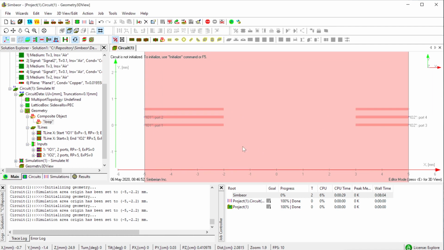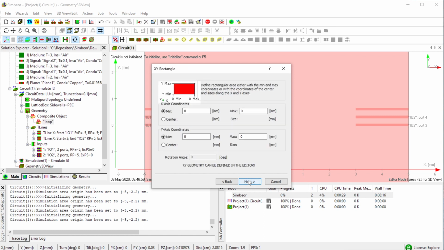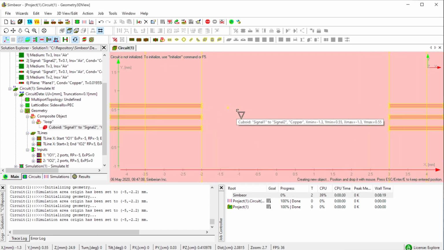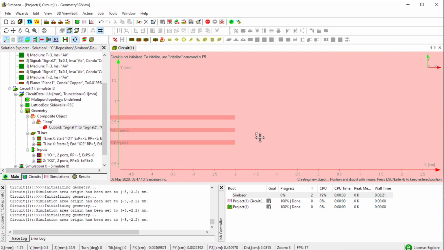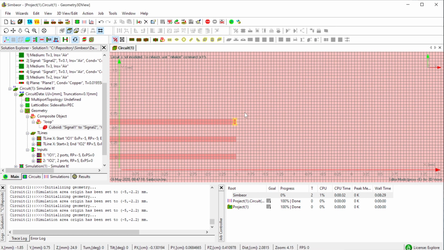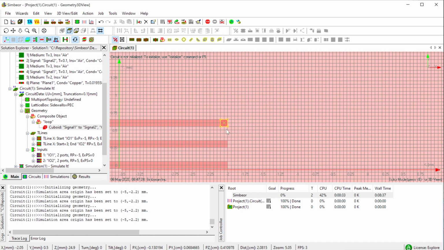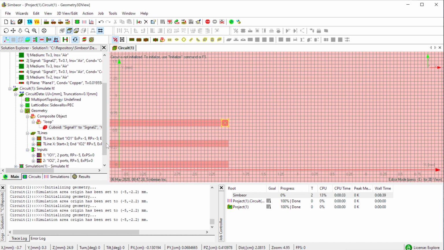Edit, switch to editing mode, and add, well, first a vertical connection from signal 2 to signal 1. I use Control drag and drop and the mouse to draw it. Turn on the mesh. Because the mesh is 0.05 mm, this should be like this, 0.1 mm in size.